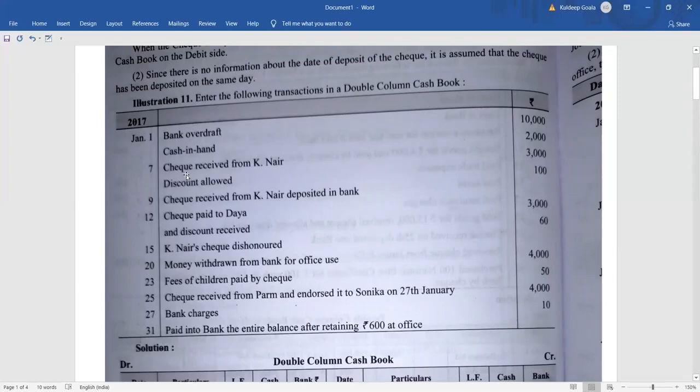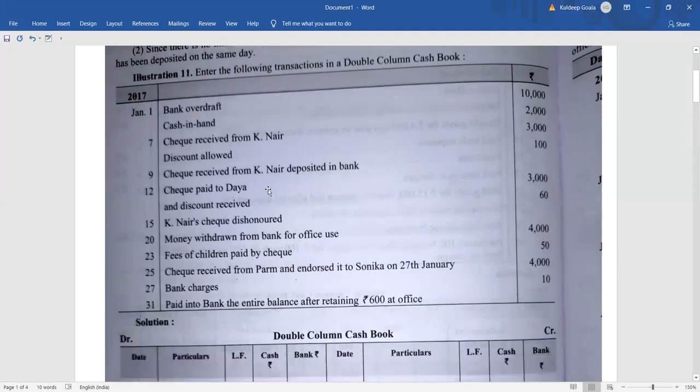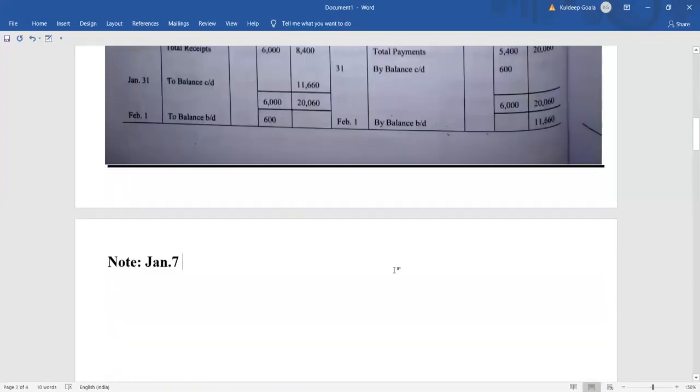Clear? So check in hand account debit, because we are receiving the check from Nair. So check in hand account debit to Nair. Nair is the giver, right? So the entry will be like this. Just make a note here and give the entry like this. Check in hand account debit. Why is the check in hand debit? Because it is a real account, it is coming. And why are we writing check in hand? Because of the fact that check has been deposited on some other date. Okay, so you have to give the journal entry here.